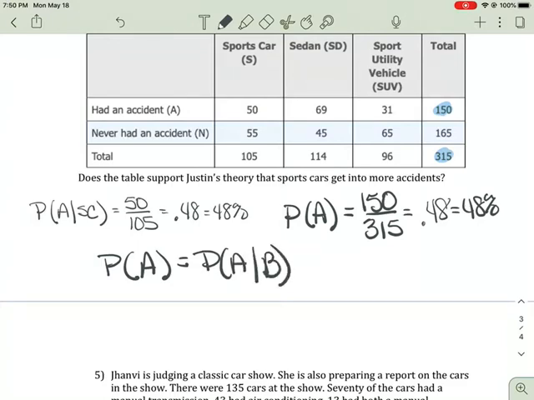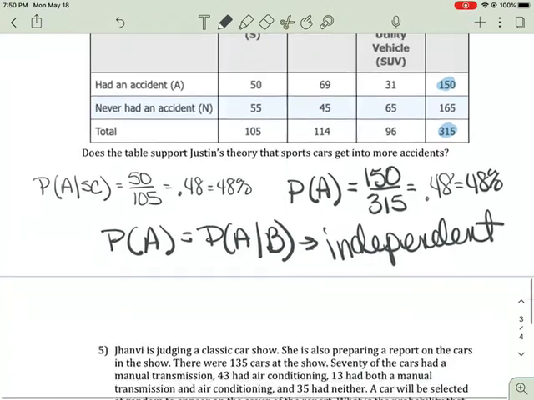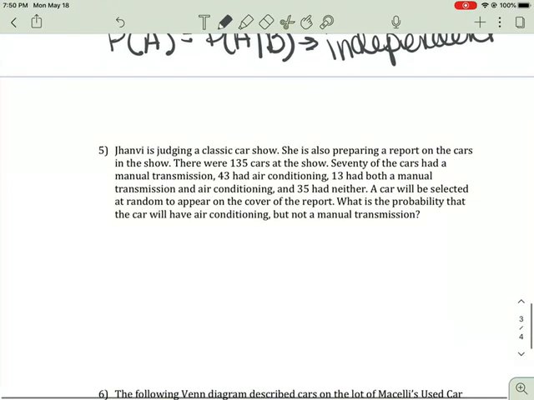So when that happens, that means these events are independent. Now, sometimes we can just look at it and say, yeah, they're independent events. Sometimes we have to do the math. All right, so let's look at